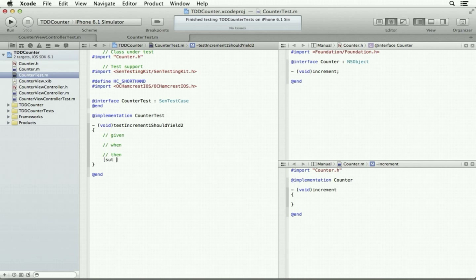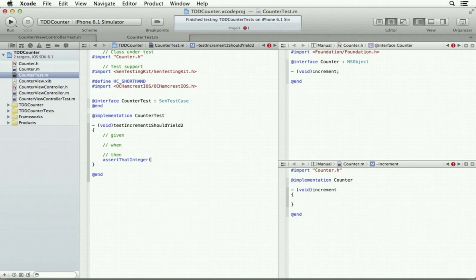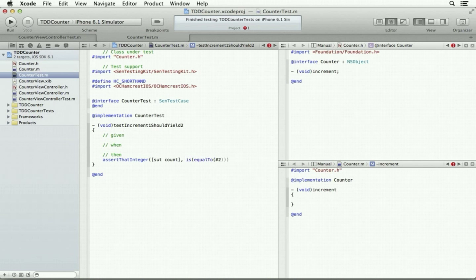Starting from the bottom up, here's kind of what I see: we assert that an integer of SUT count is equal to 2. This happens after, when we do an increment, given that we set the count initially to 1.